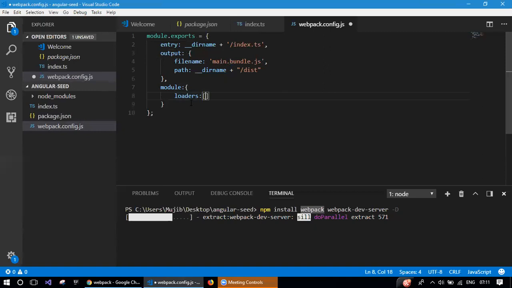So one plugin we need in order to convert our TypeScript into JavaScript is TS Loader. I'm going to install it once this installation is completed. Before that, you can have as many loaders as you want. If you want to transpile CSS files or bundle CSS files, you'll have a CSS loader. If you want to play around with HTML files, you'll have HTML loaders like that. So you have many loaders, and one loader that I'm interested in at this moment is